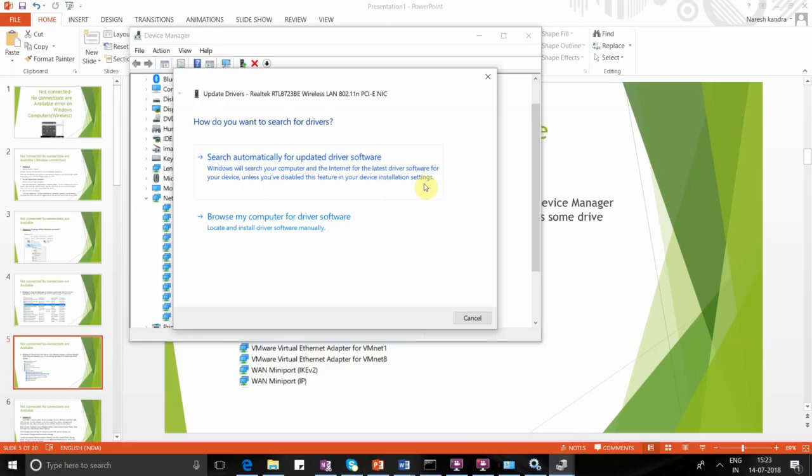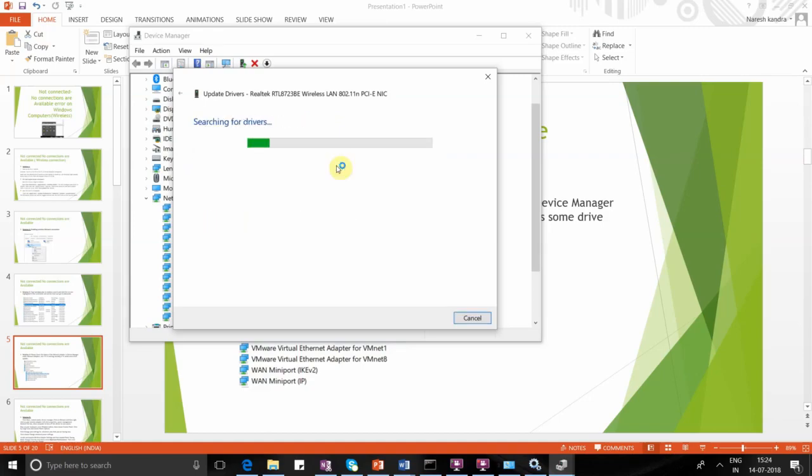So I understand that your computer is not able to access internet at the moment, but in order to update the drivers on this computer, you may need to connect an Ethernet cable from your Wi-Fi router to this laptop, which is not connecting to Wi-Fi, and go to device manager and select this option, search automatically for updated driver software. So once you click on it,